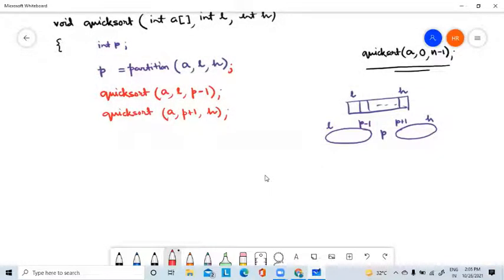Okay. Now, I have to repeat this. So this is one kind of recursive function, quick sort calling itself. So remember, a recursive function has a tendency to become infinite if you don't give a proper stopping or breaking criteria. It will call again and again. So what is the breaking or stopping criteria?